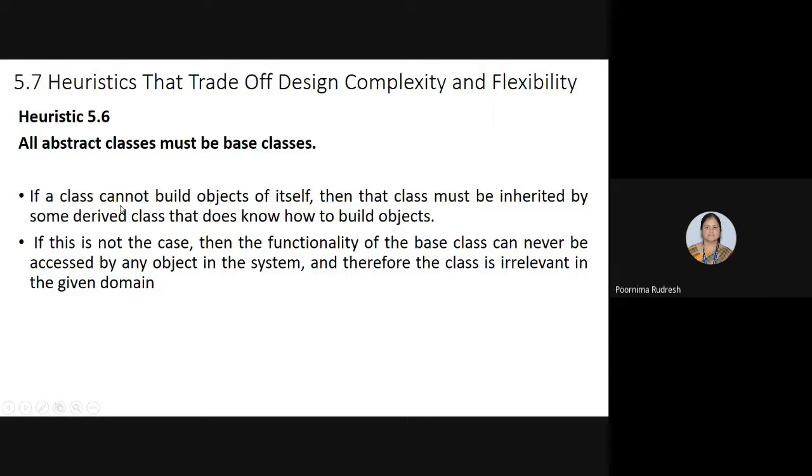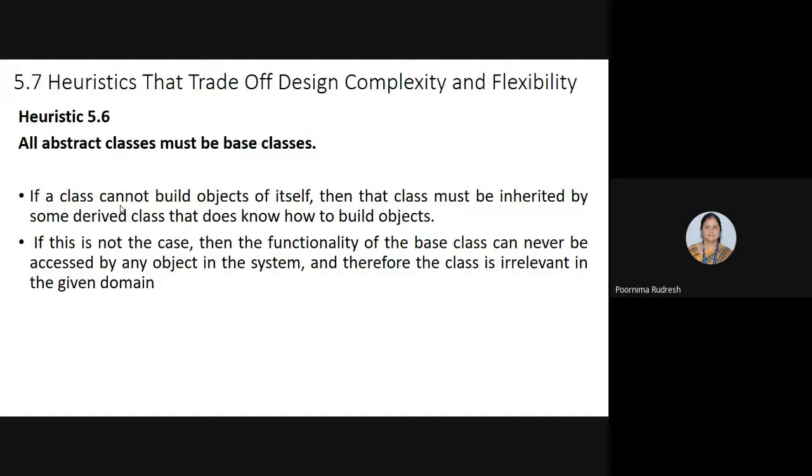Whenever we create a class, that class must be able to create objects for itself, right? If the class cannot build the objects of itself, then it must be inherited from some derived class, where that derived class doesn't know how to build the objects.